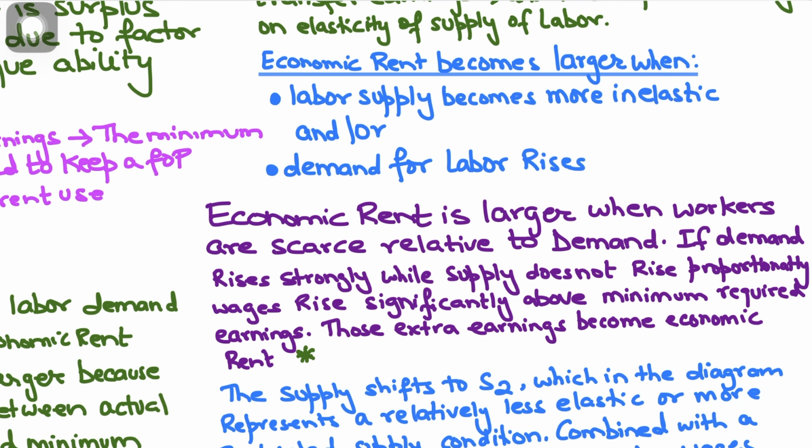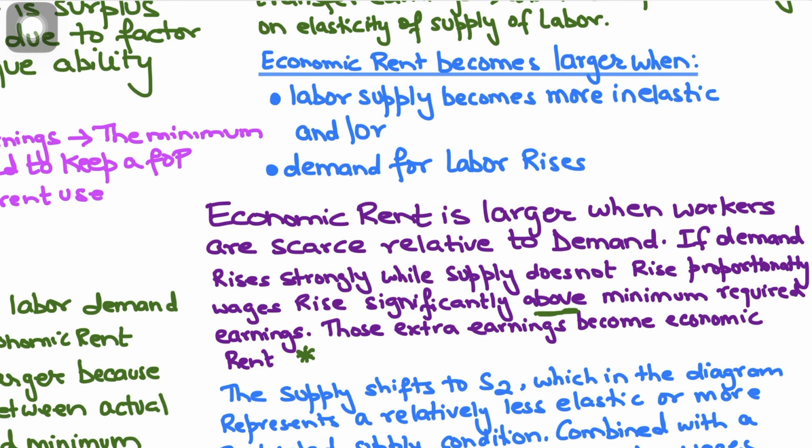So economic rent is larger when workers are scarce relative to demand, meaning that if demand is high while workers are short, there's a shortage of workers. This happens when demand is more than supply. If demand is rising strongly while supply is not, or maybe supply is falling, or supply does not rise proportionately to demand, then obviously it would put upward pressure on wages in the labor market. And obviously then wages will rise significantly